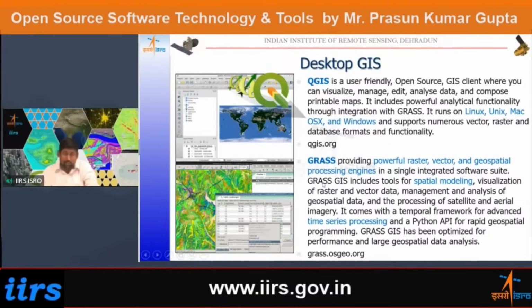What about GRASS? GRASS is one of the oldest softwares. The story goes like it was developed by the US Army, and then it was open sourced in the year 1984. And since then, it has been under constant development. It is one of the oldest and most powerful softwares. The difference between QGIS and GRASS is that QGIS has become very popular, whereas GRASS is not. Why? Because GRASS